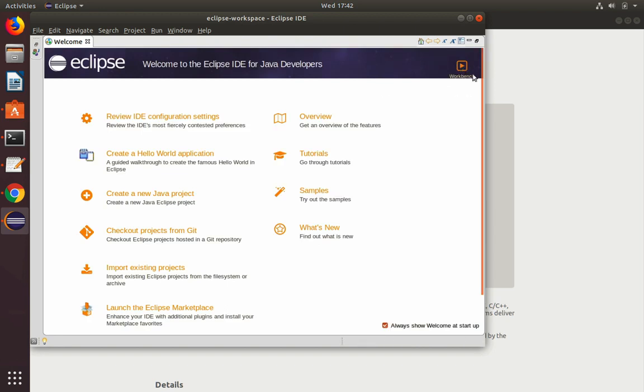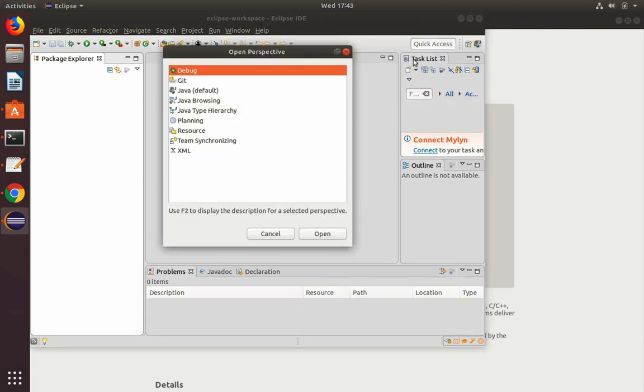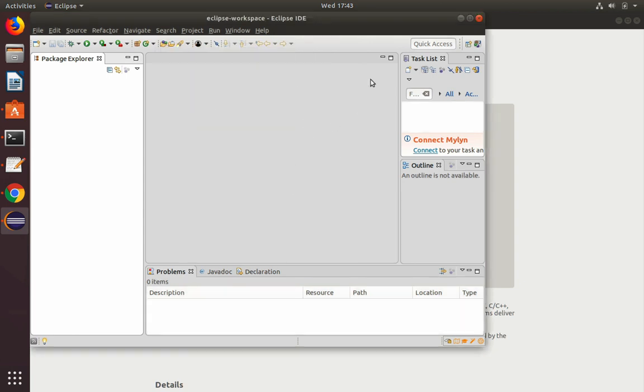Go to Workbench. Change the perspective to Java. Okay, Eclipse installation is done. Now we can exit.